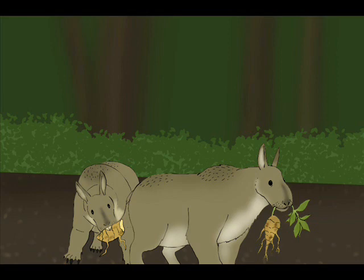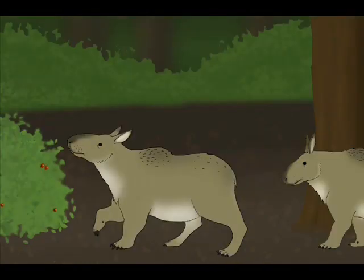Their long ears help them detect any predator that tries to approach them, and even though they look chunky, they are quite fast runners, reaching speeds of up to 40 km per hour in short bursts. The coloration of their fur varies depending on the region, with the ones that live in the north tending towards a gray or grayish-brown coloration, while the ones that live to the south tend to have a golden coat. They tend to live in small groups, formed by a monogamous couple and their offspring. After they reach sexual maturity, they will go away to live on their own and try to find their own